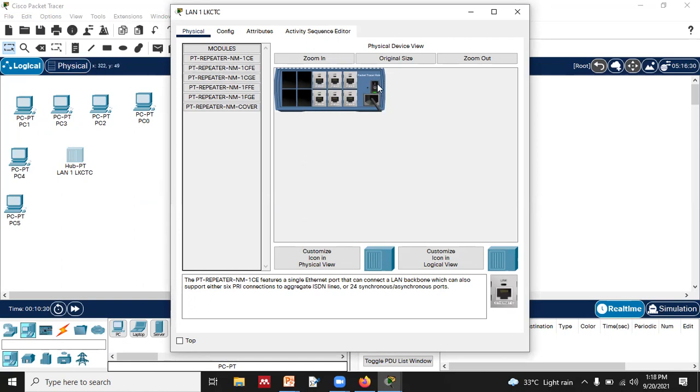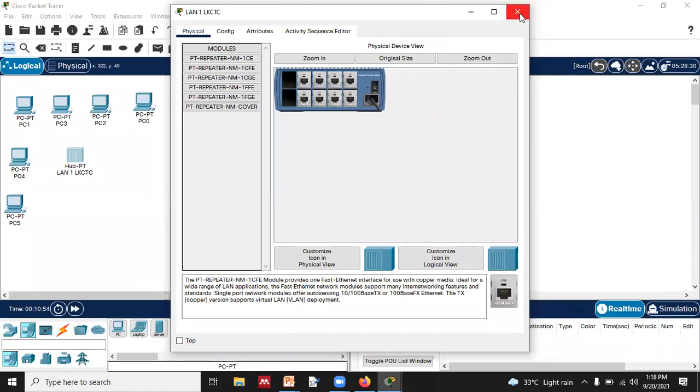So if we want to go further, then what we will do, we want to include the modules, right? How can we include the module? We have to find the fast Ethernet, right? So where is fast Ethernet? Just search it out. This is a gigabit, right? And this is your fast Ethernet, right? So you can add one more like this way.